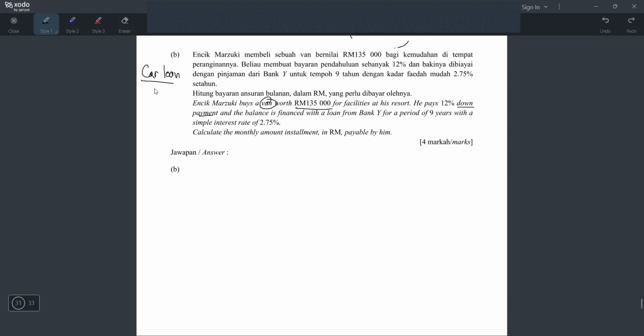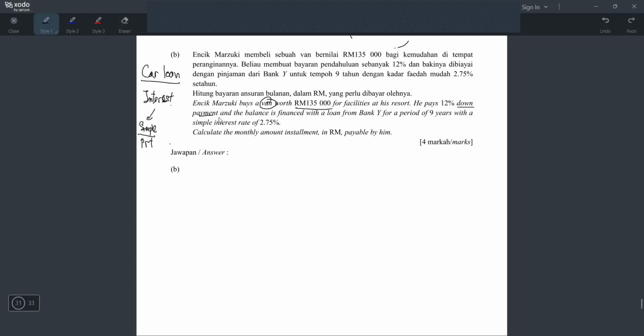And it's under interest. Tapi interest ada dua jenis kan? Ada simple interest. Kalau simple kita guna formula PRT. Tapi kalau compound interest, we use the other formula. Do you remember what is the formula for compound interest? P times bracket 1 plus r over n, to the power nt, right? But how do we know whether it's a compound interest question or simple interest? We read the question. If the question mentioned the word compound, then it's compound.